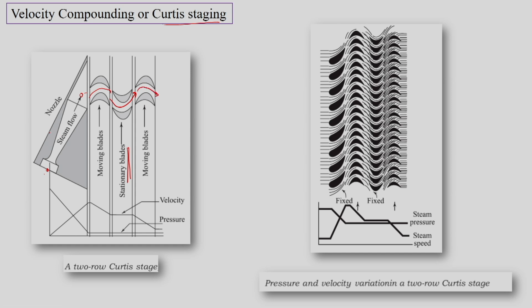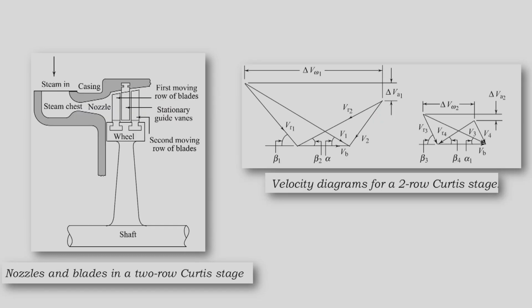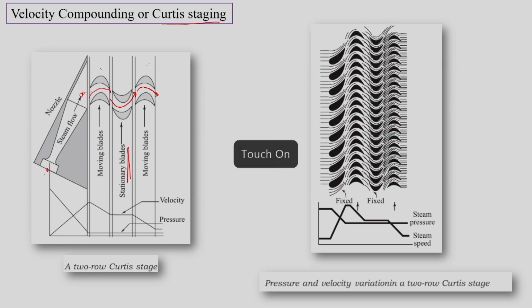So, here we will have velocity compounding: complete enthalpy drop in the one nozzle, and partial kinetic energy change will take place in the multiple rotors. Such a turbine is called Curtis staging. As we can see in this two stage Curtis turbine, there is a nozzle,